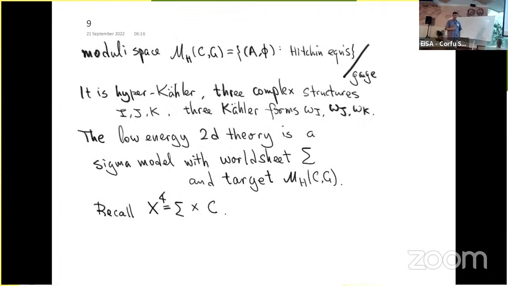Okay, so then we have the space of solutions modulo gauge transformation, and that's the moduli space. It turns out that this space is hyperkähler, namely it has 3 complex structures and 3 Kähler forms. But these are just mathematical results. What is relevant in physics is that the low energy theory of the 4D